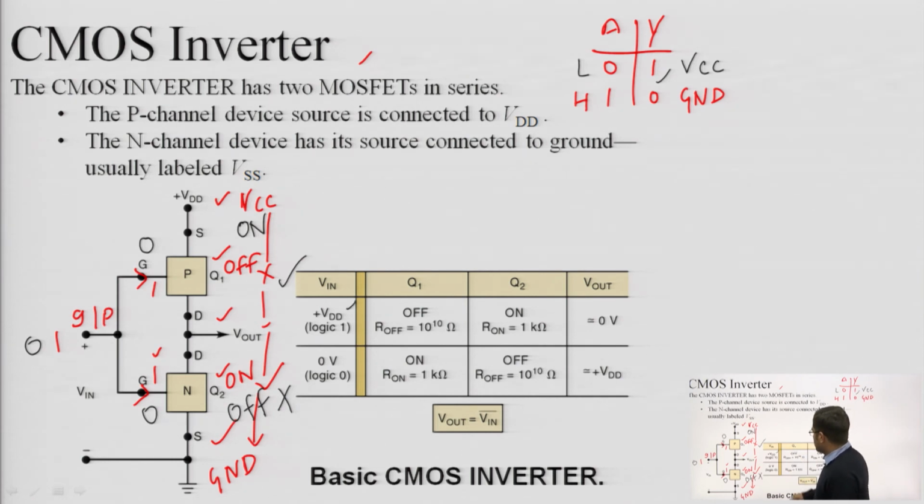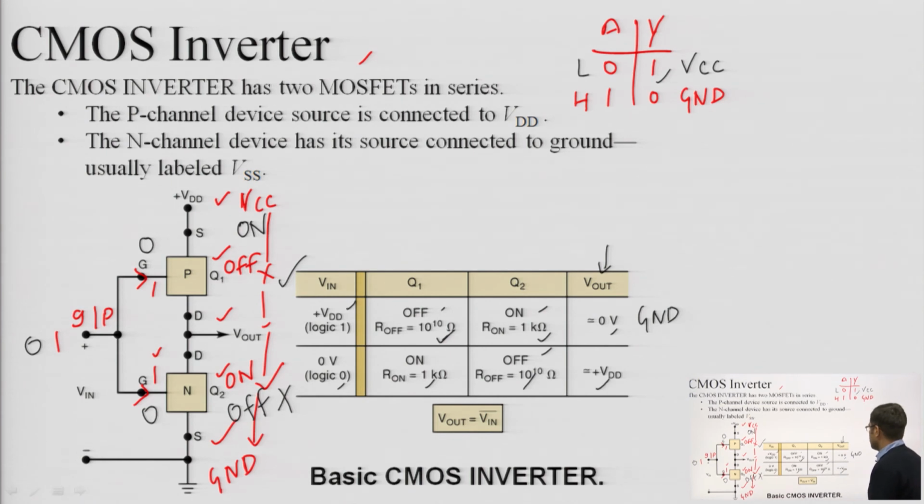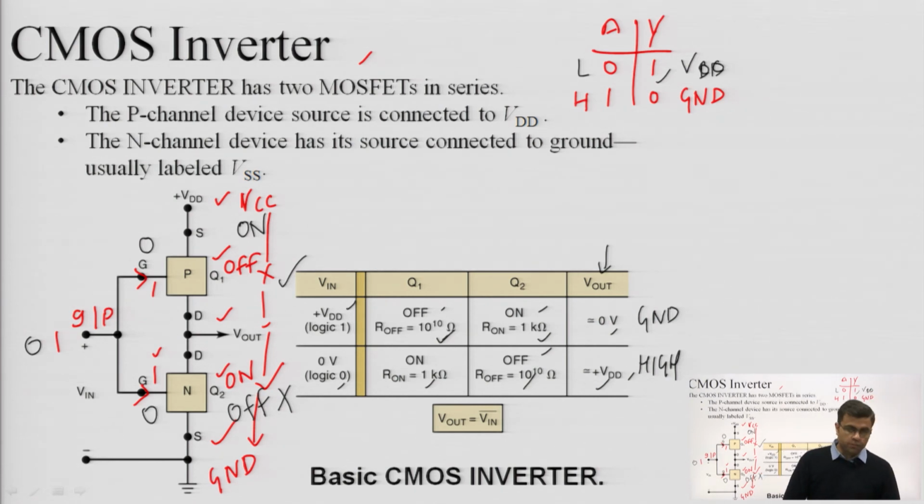If I am applying a high voltage, then Q1 is off and Q2 is on, because for a transistor, if it is off, then resistance will be high, and if it is on, resistance will be very low, and in that case finally output is getting connected to ground. So that's why 0 is there. For 0 volt, Q1 will be on and Q2 will be off, so corresponding resistances are mentioned, and in that case my output will be connecting to VCC. VCC, or we can say VDD, means high voltage. This VCC is actually denoted by VDD in case of MOSFETs, the drain voltage.